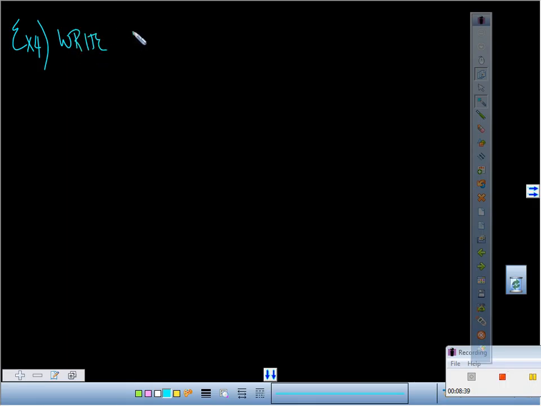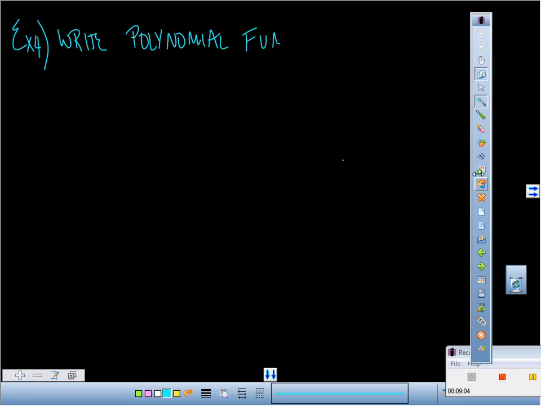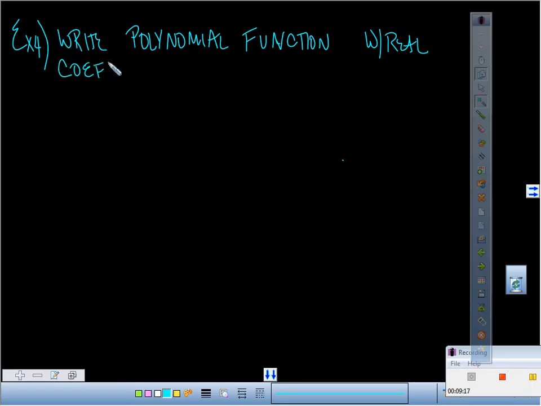to do. Write a polynomial function with real coefficients. That really doesn't have a lot to do with us, but they're going to put that in there. You know, sometimes they put stuff in there and you're like going, that doesn't affect my problem. You know, I understand they put that stipulation in there, but it doesn't really affect what I do with the problem. Okay? With real coefficients that has